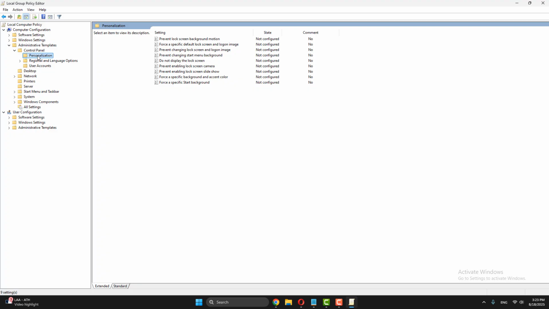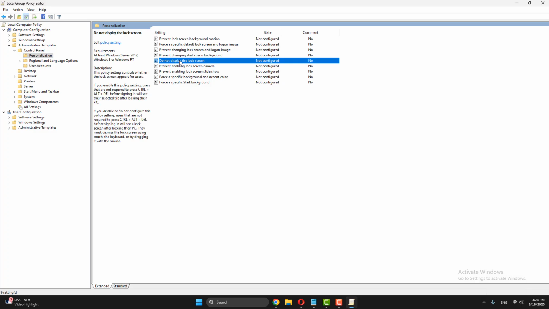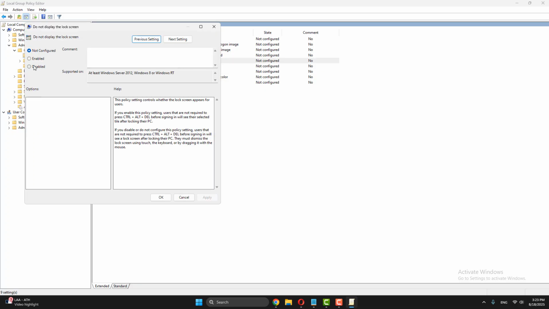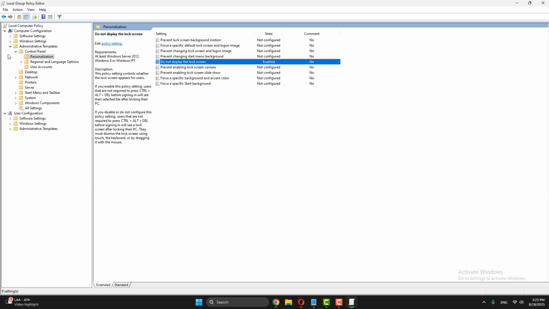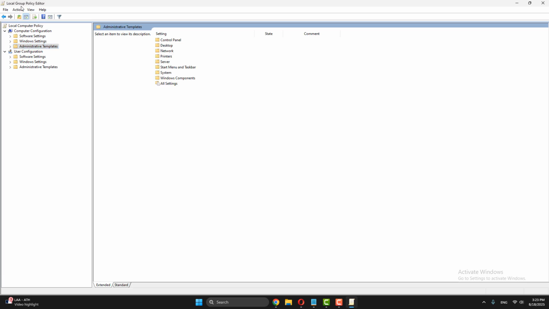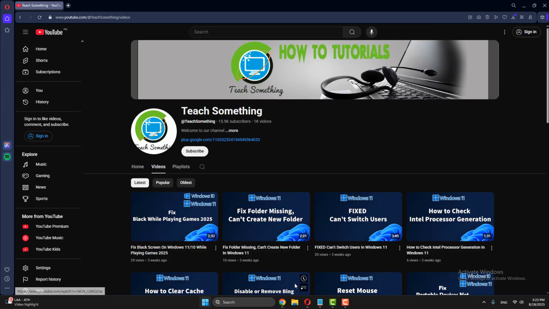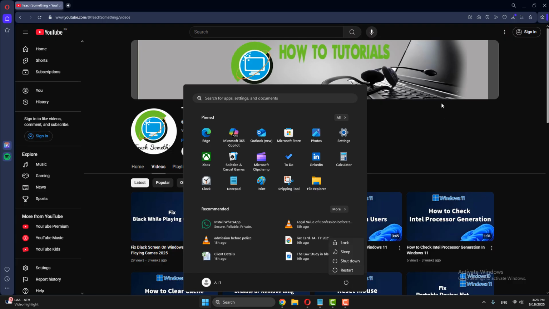After that, now you can see there that do not display the lock screen. Double click and open it. And after that, click on enable, click on apply and OK button. After that, close the group policy editor, close it and restart your computer, and I'm sure that after doing this